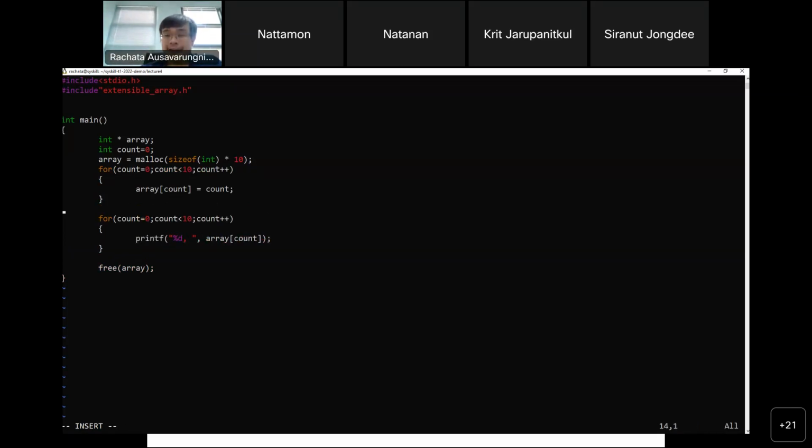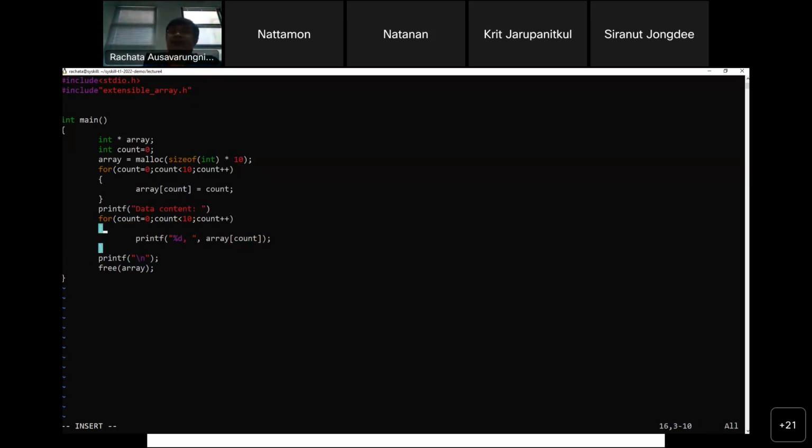So I create an array using the pointer, and then I use the array as if it is a normal array. Is this legit? Is this okay? It should be okay, right? This would be okay. So I can do printf, right? So this is definitely something I can do.